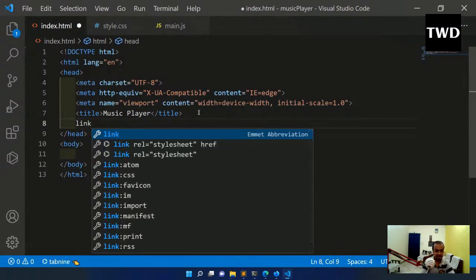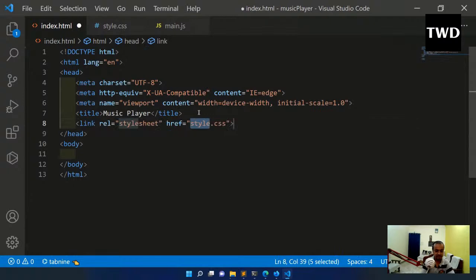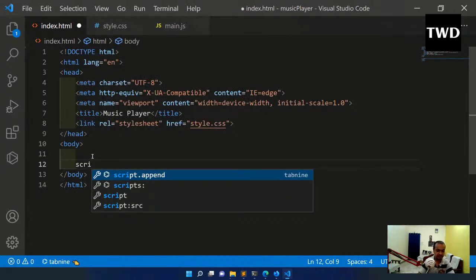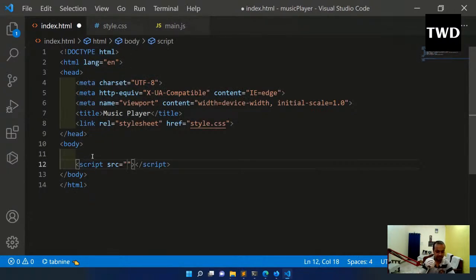Okay, so this is done, and here I'll do create music player, and link style.css, script main.js will be there. Okay, so now